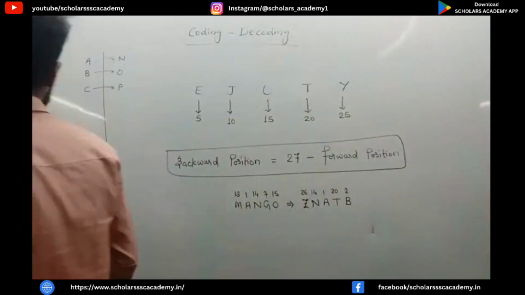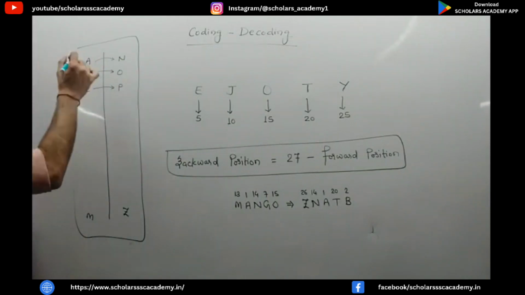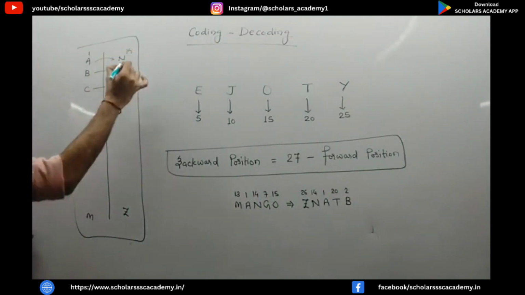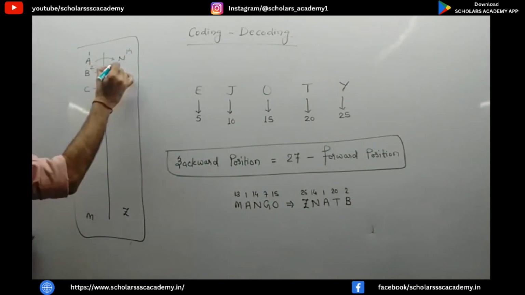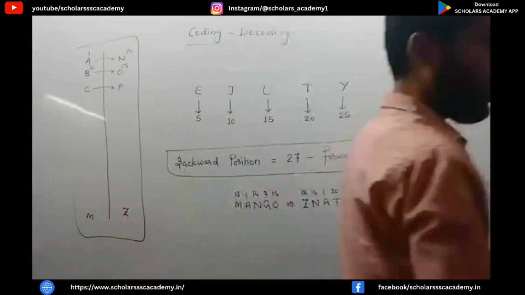So this question is using the concept which has been discussed here, because in this case definitely 1 will be replaced by 14, 2 will be replaced by 15 because there is a gap of 13 letters between them. So the third case will always say a gap of 13. If the number is from 1 to 13,